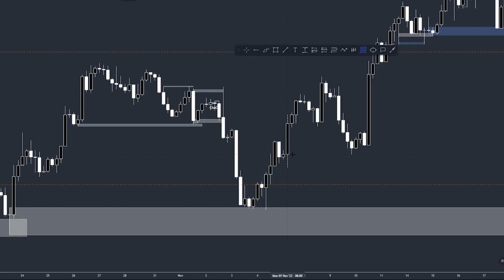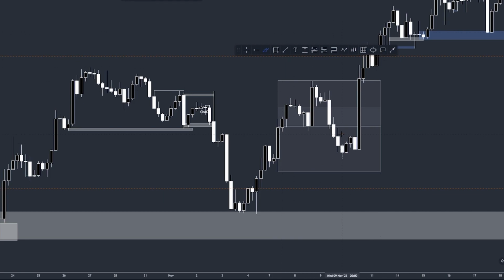This is a perfect example right here on GBP USD, where you can draw from the low right here all the way to the high that was set in the market. First of all, it was like this, but price did not come into the discount zone, and what it did instead is create a new higher high. So now we can move it from all the way down there to here, and you can see that price came back in the discount zone.